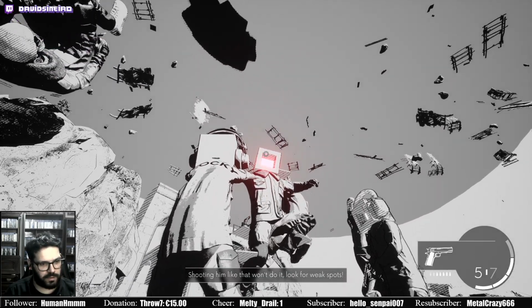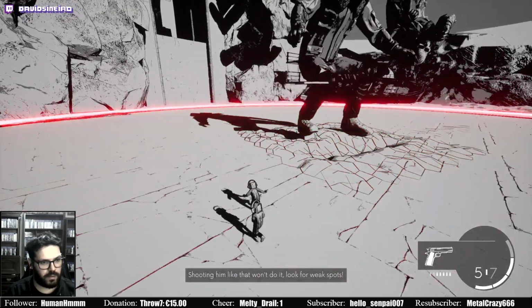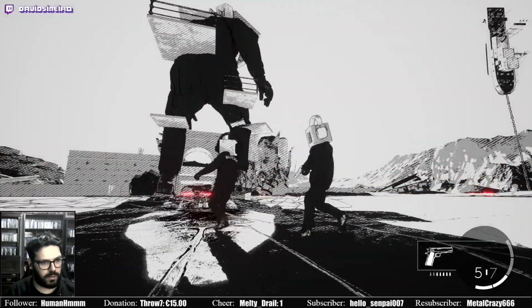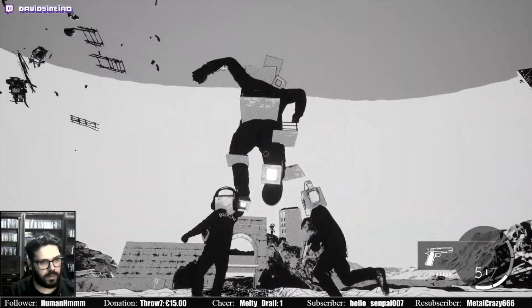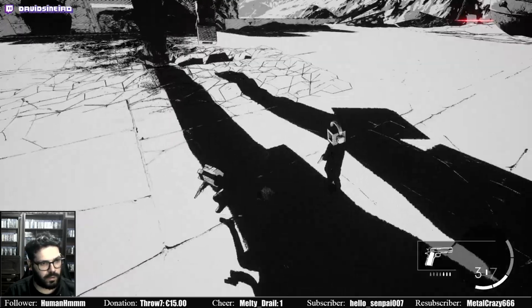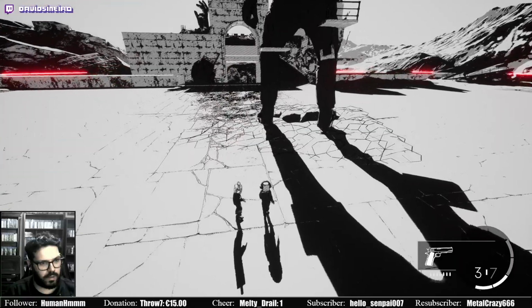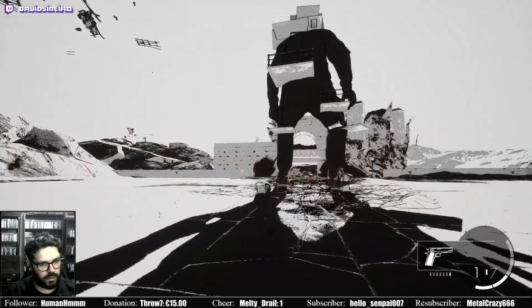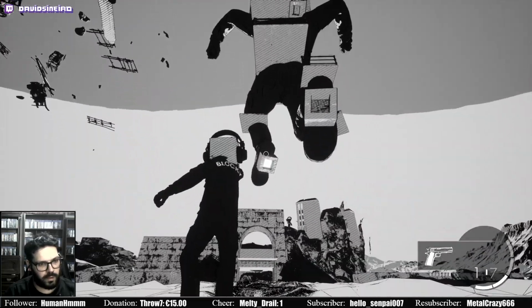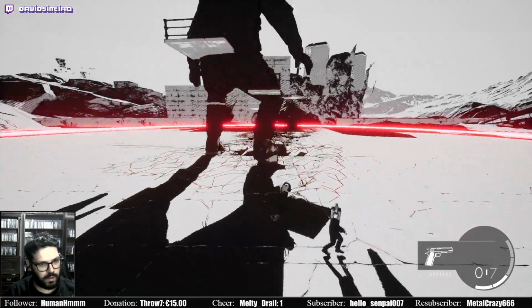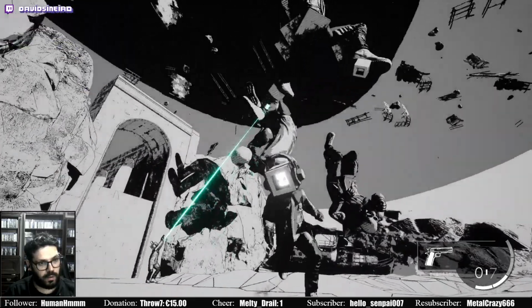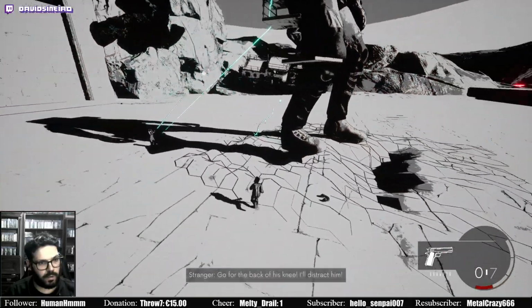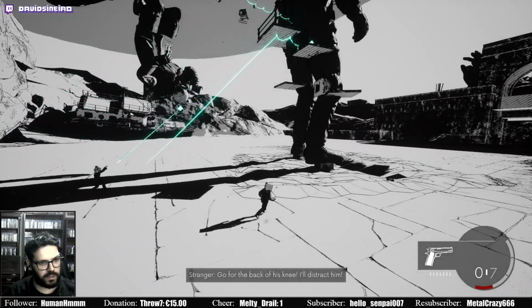Shooting him like that won't do it. Look for weak spots. Look at the back of his knee, I'm distracted.